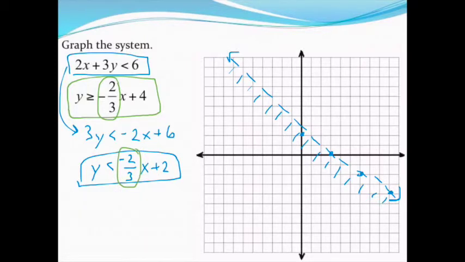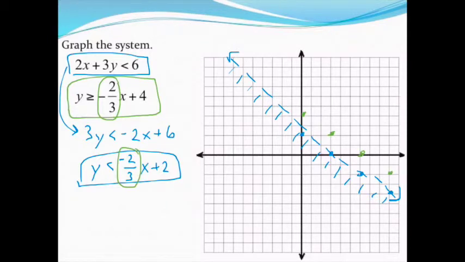Well, with a system of equations, parallel lines meant no solutions because they never intersected. That may or may not be the case this time, because remember, what we're looking for now is not where the lines intersect, they won't, but where the shading overlaps. Just because the lines won't intersect doesn't necessarily mean the shading won't intersect, but let's take a look at it. So I'm just plotting my points using my slope,